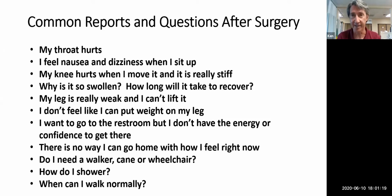My leg is really weak and I can't lift it. It weighs a ton. Yes, because when you go through all that trauma, your autonomic nervous system goes, hey, wait a minute, there used to be bone. Now the bone's gone and really swollen. Somebody was cutting me. Somebody was hammering. Everything's really swollen and sore. So then it inhibits the muscle from contracting. So that inhibition is what we work through with you in therapy,